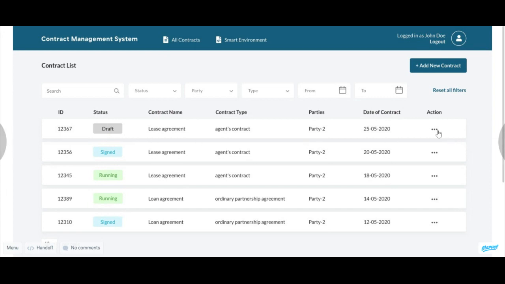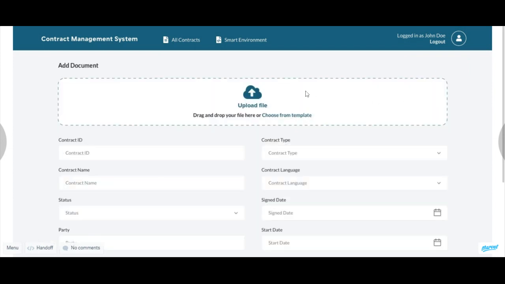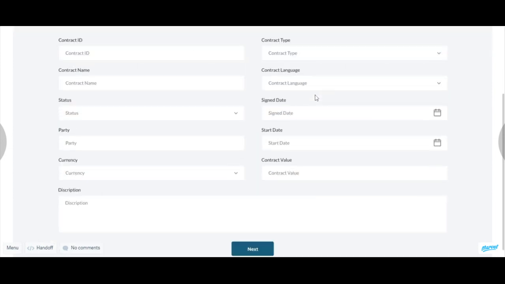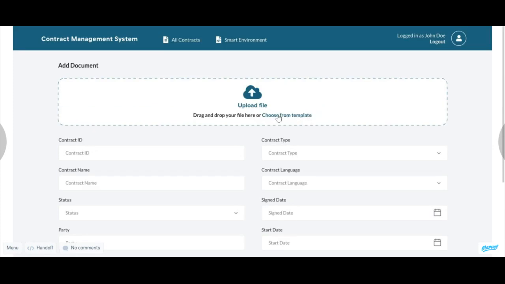Now from here, with the action buttons, a user can edit the contract, download the contract or delete the contract. When a user hits this button, add new contract, it will navigate the user to the creation of the contract. So we are assuming here the contract has been discussed offline between the two parties, and in this interface